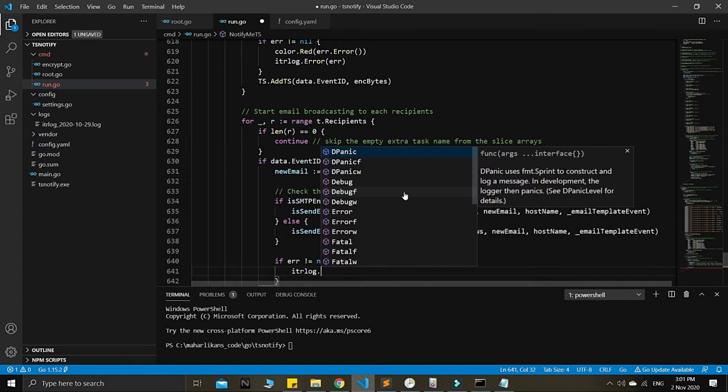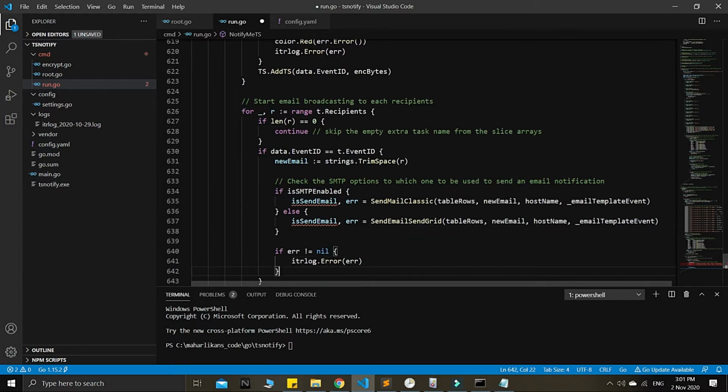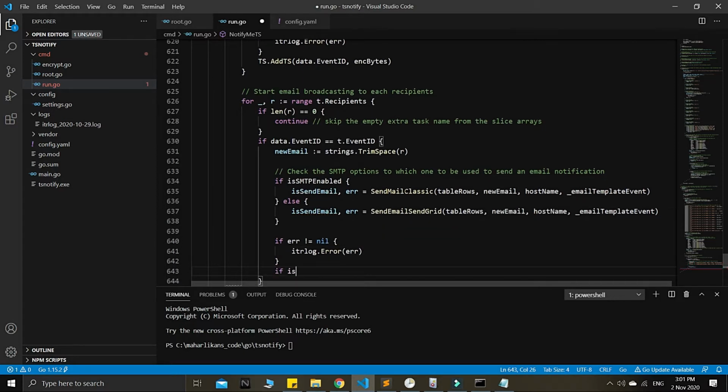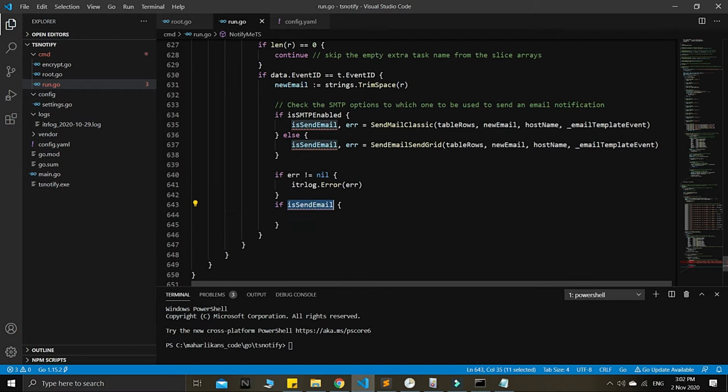itrlog here, our favorite logging tools. You can freely use this, guys. And then if it's send mail here, then if it is true, so I think it's the one, yes, correct. So if this is true here,